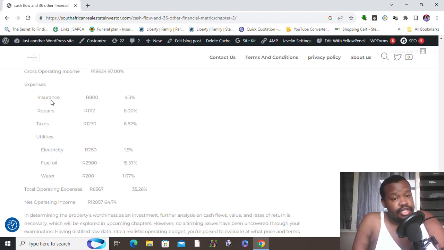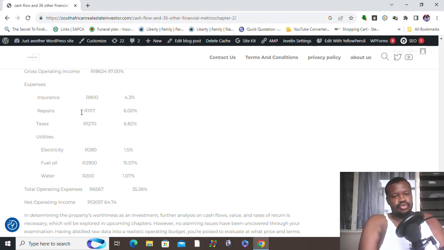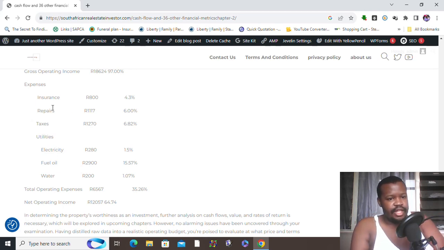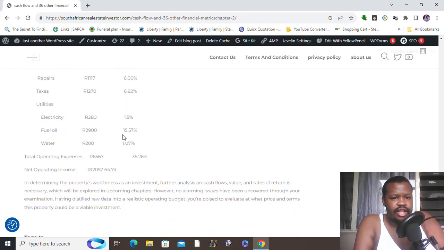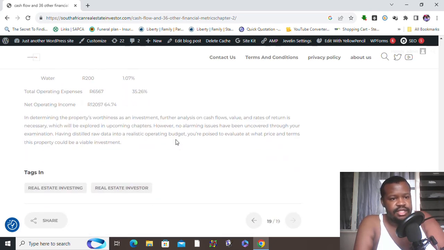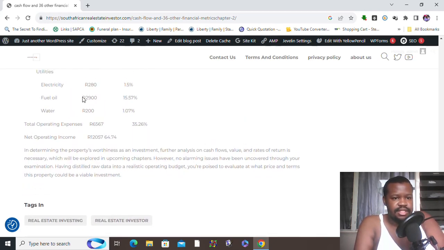The expenses are insurance 800, 4.3%; repairs 1,117, which is 6%; taxes 1,270, which is 6.82%; utilities are electricity 280, which is 1.5%; fuel oil 2,900, which is 15.57%; water 200, 1.07%; with total operating expenses of 6,567, which is 35.26%, and the net operating income, NOI, is now 12,057,